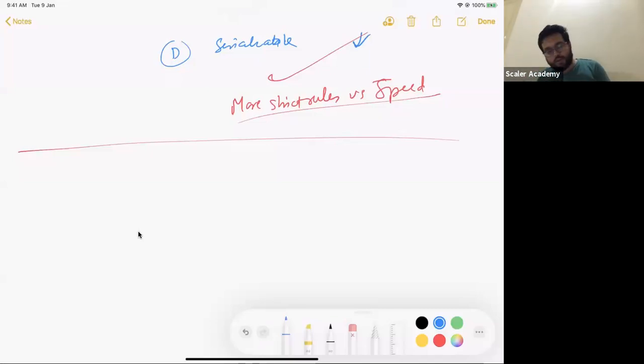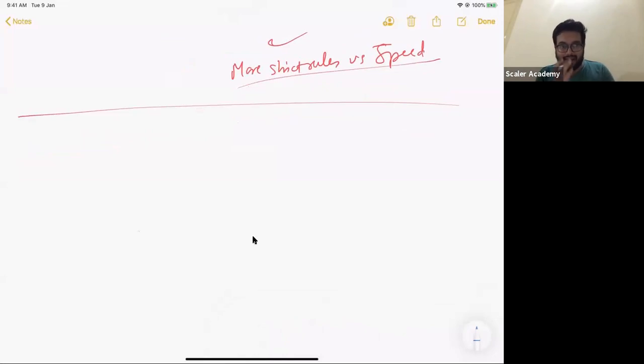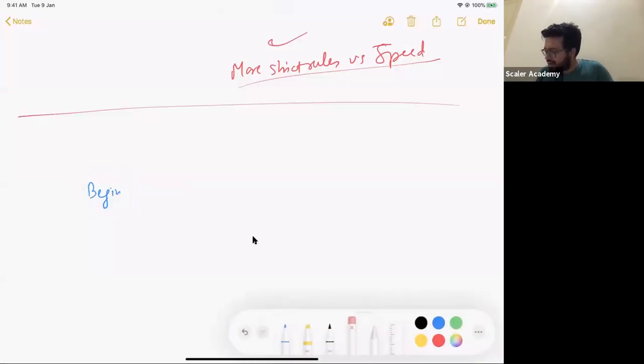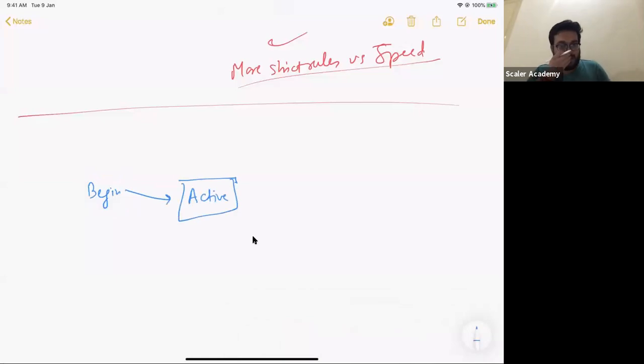Now let me explain in great detail how these things happen and how this allows you to give atomicity. Whenever you are running a transaction, you would first be at the begin state. Actually, let's not even call it a state, let's say you are just beginning your transaction. Whenever you begin, the first state any transaction goes to is the active state. That is, the transaction is active. Now you agree that a transaction is built of multiple statements.